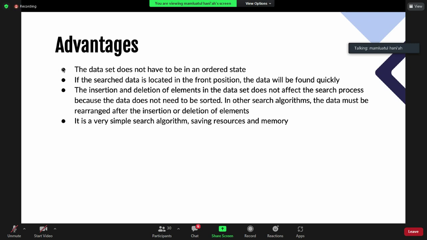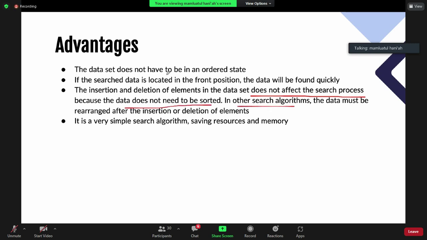And the deletion, or when you need to insert an element in your array, in your data, or in your list, it does not affect the search process because the data does not need to be sorted.